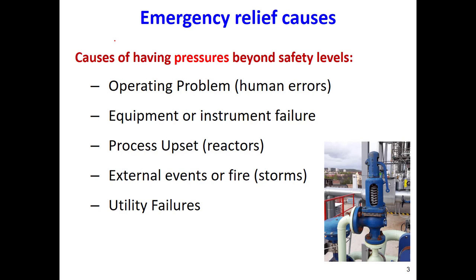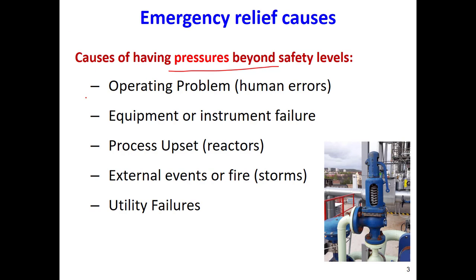Most of the time they are above atmospheric pressure, and sometimes due to some issues there might be some excess pressure or some unexpected increase in the pressure that we have to predict, and we have to take some necessary action about that. So what are those cases in which we can have some overpressure or high pressure in the process?